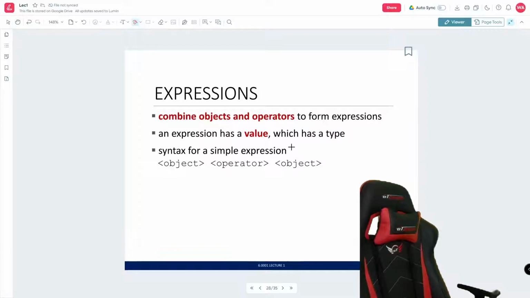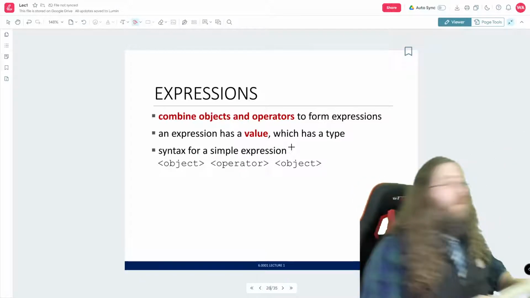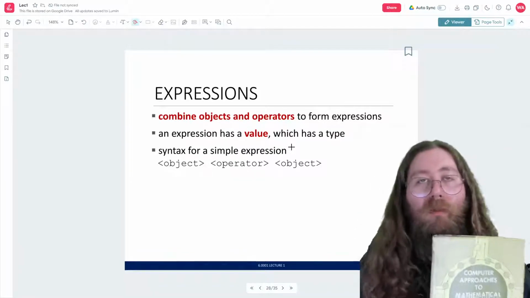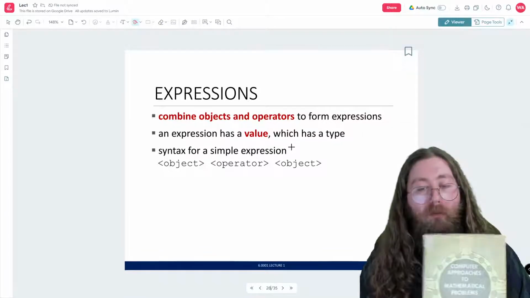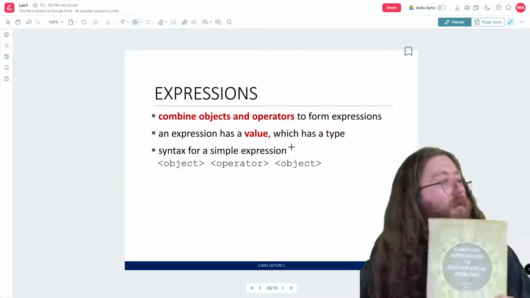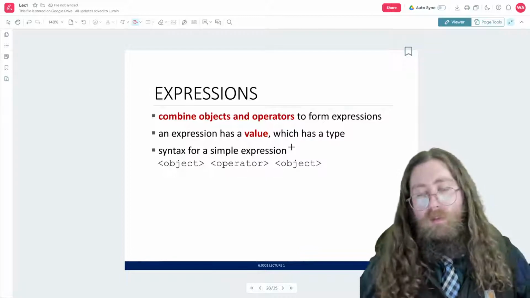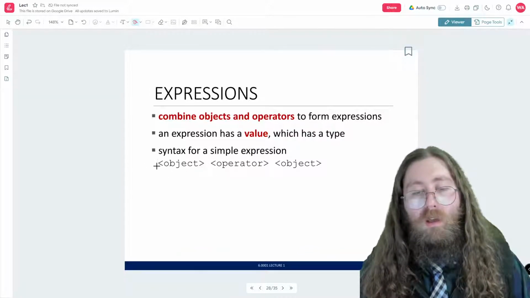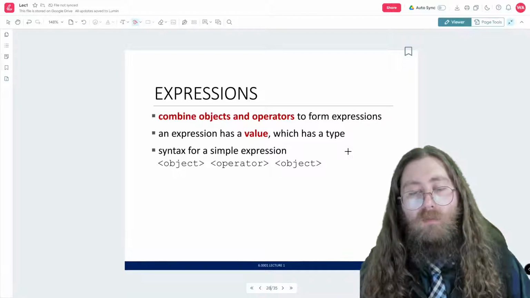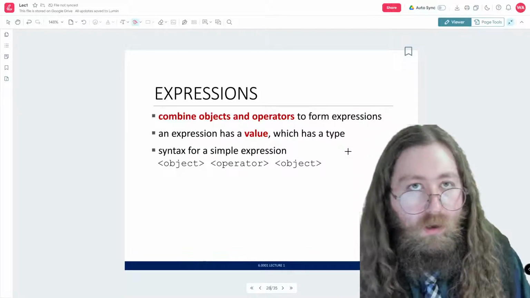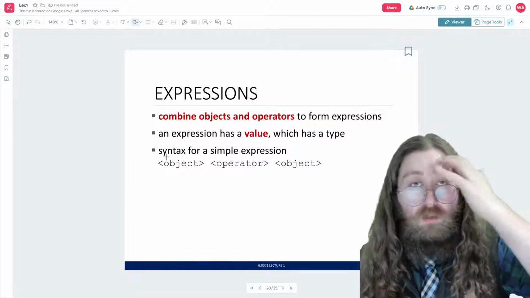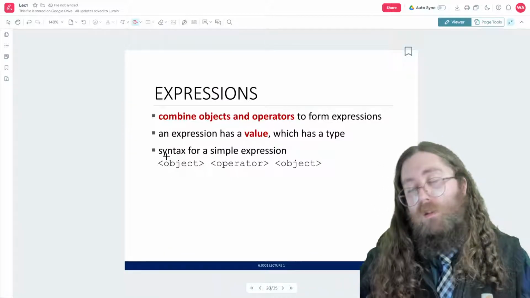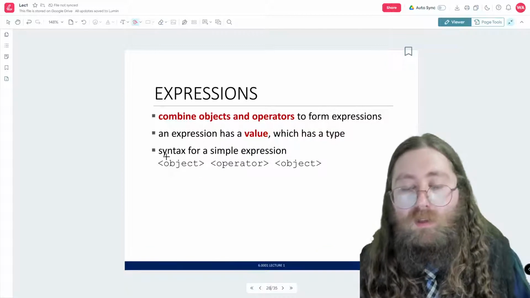Here it is. I actually found this in a pile of books that were getting thrown away. It's Computer Approaches to Mathematical Problems, and they explain kind of what we're seeing in this right here. So when you see those angle braces around things, that means we're going to substitute something in there, okay? And you're going to see this kind of syntax when talking about computer stuff. You're going to see this in a lot of different places. Like if you're working in Linux, you might see this in a man page, for example.